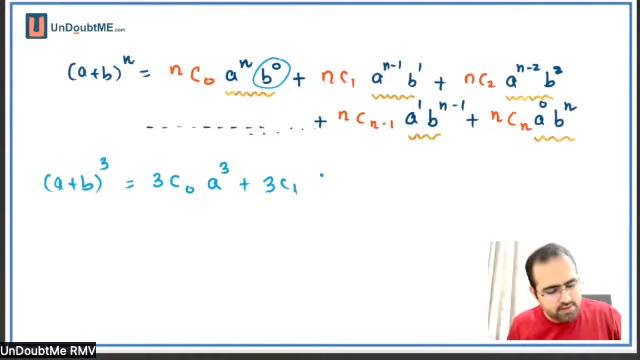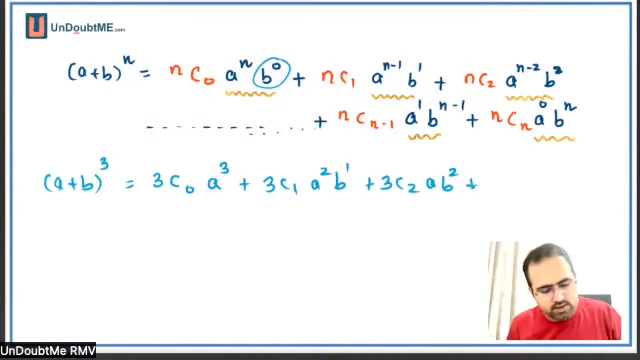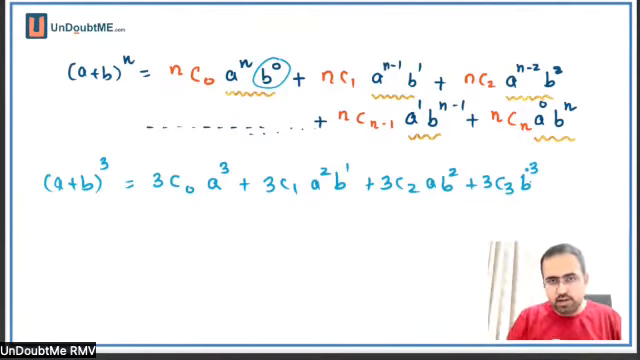Then 3C1, a square b; 3C2, a b square; 3C3, a is gone, it will be only b cubed. Okay. If you try to notice the coefficients,